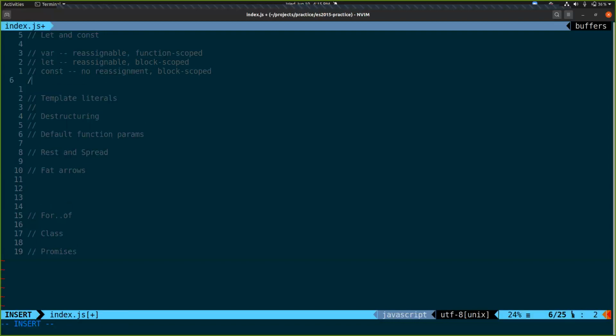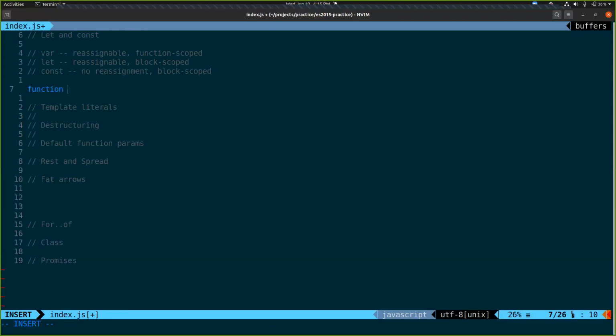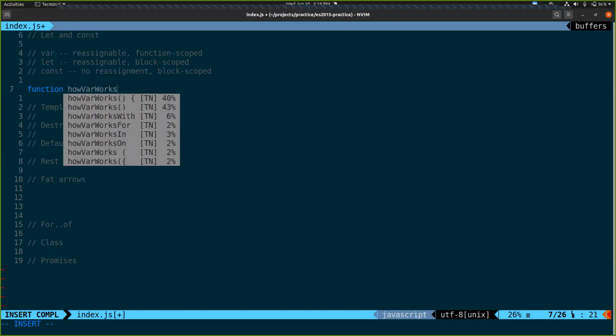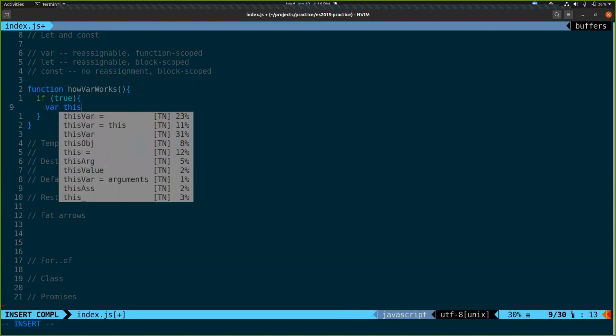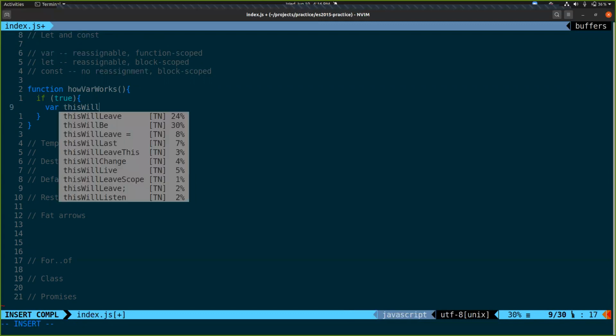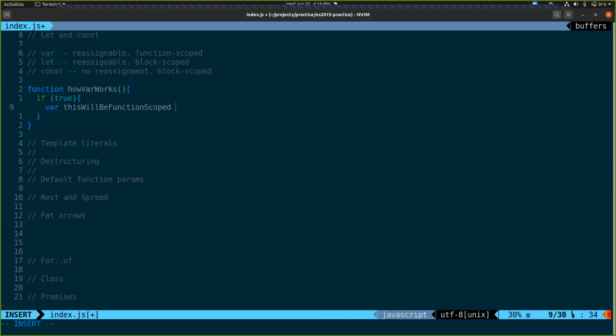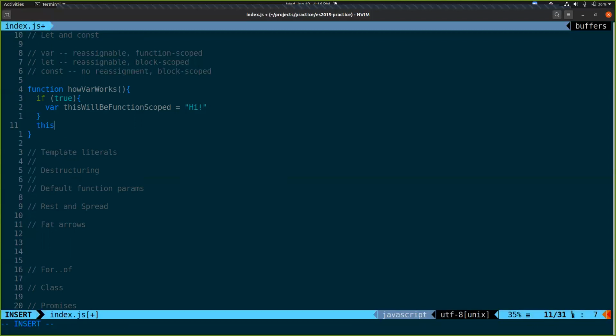So for example, if I have a function, how var works, and I have an if statement, and I say var, this will be function scoped. That works.